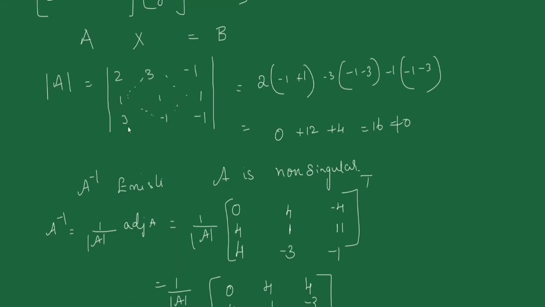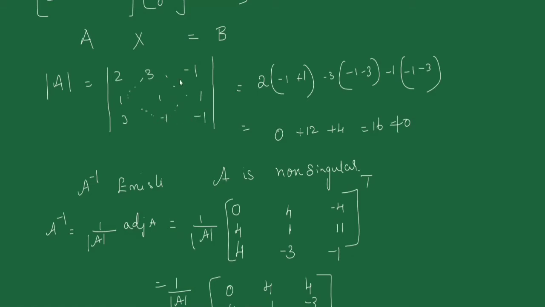Cofactor of 1, this row, this column you cut. So minus 3, minus and plus 1 become minus 1. Minus 3, minus 1, so that will become minus 4. Minus 4, you have to change the sign, it becomes plus 4. Cofactor of 1 is minus 2 plus 3, so it becomes 1. Cofactor of 1 is, cut this row, minus 2 minus 9, minus 11, it will become plus 11. Cofactor of 3 is 3 plus 1, 4. Cofactor of this number is 2 plus 1, 3, it becomes minus 3 because in this place you have to change the sign.